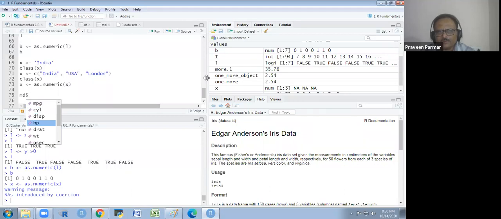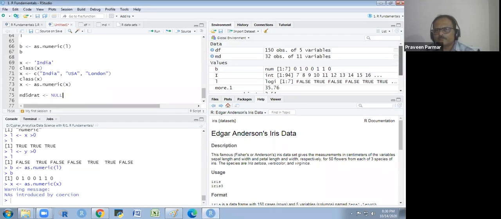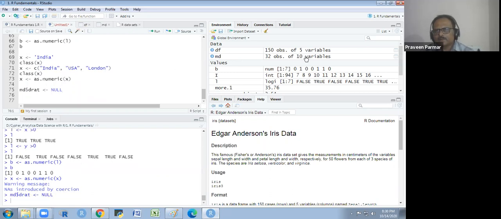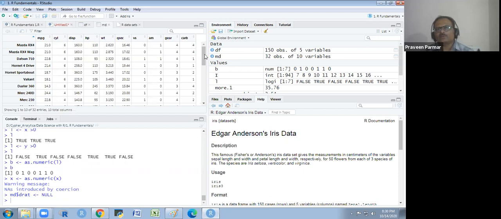So I am using dot, and I will use the NULL in capital. In the MD, there are 11 variables. When I run this, you will get only 10 variables here. Look at here. There is 10 variables now. If I show you this MD, there is no dot column there.